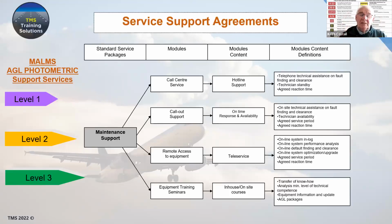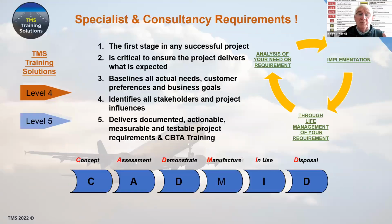technologies. And in that, there is the ability to have telephone support, the ability to have call out, so on-site support. There is the ability for us, with parts of the system, to remotely access the equipment to find out why things are not working correctly, and the tools, etc. And of course, the training and familiarization in the usage and the maintenance of the equipment itself. Then courses are provided. So they're the levels 1, 2, 3 from Tailor-Made Systems for the photometric side. When we go to the next level of support, levels 4 and 5, that comes under the TMS training solutions side, which is where,